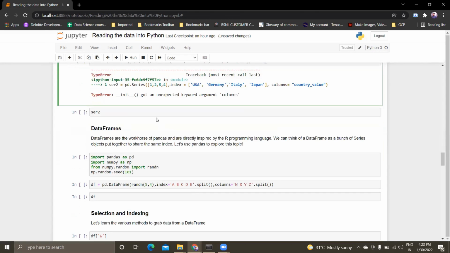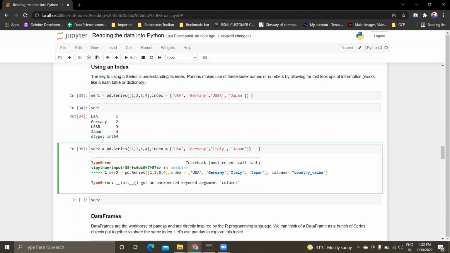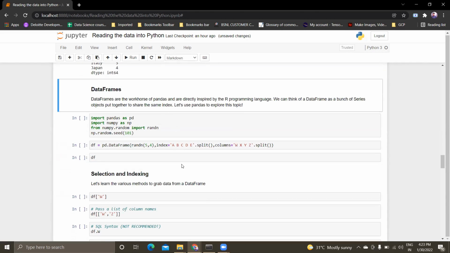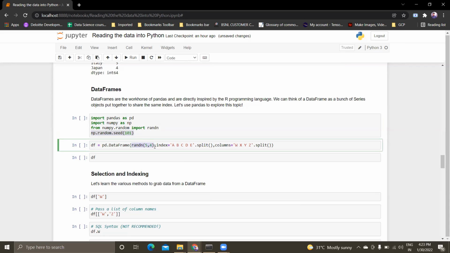The next thing is we'll be using a DataFrame. Let's see what a DataFrame is. A DataFrame is nothing but data in the form of tables, with rows and columns, like you might have seen in a SQL database. I'm importing pandas as pd and NumPy, and I'm using a random function. The random function creates values of its own, so to get the same values again and again, however many times you execute,